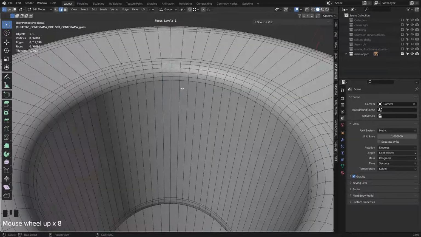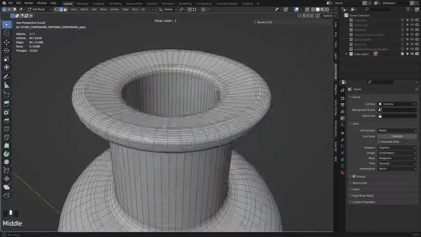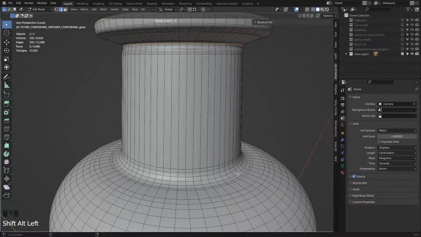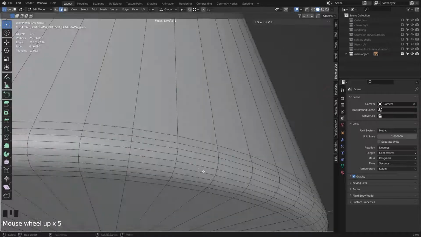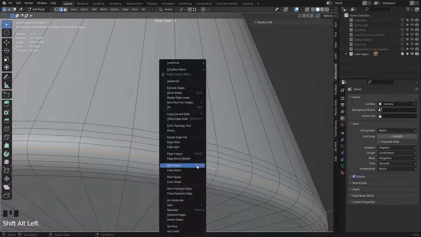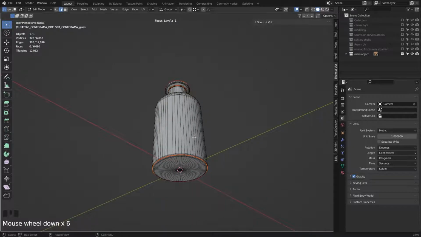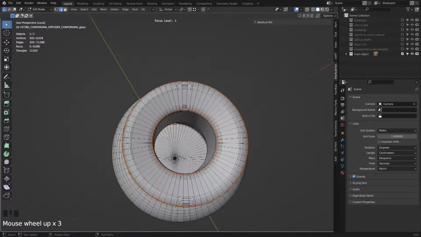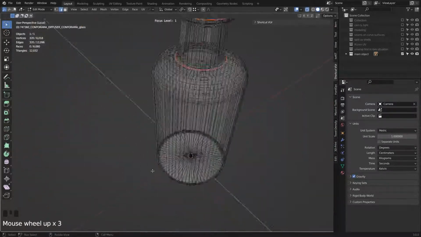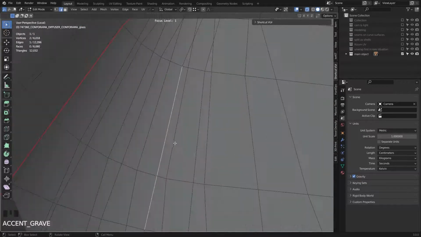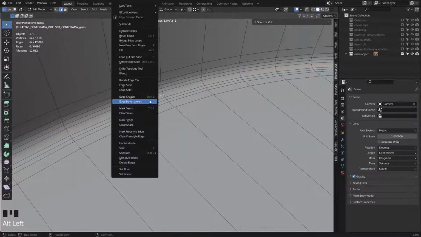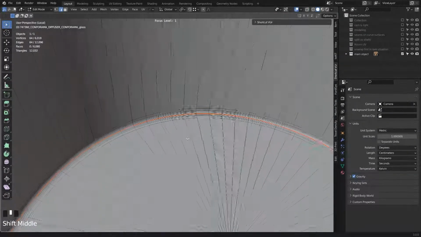Okay, so I pick here, here, here, here, and also here, and mark it as a seam. Also, you should put UV seams inside your object, so I just go inside and select this edge, mark seam.